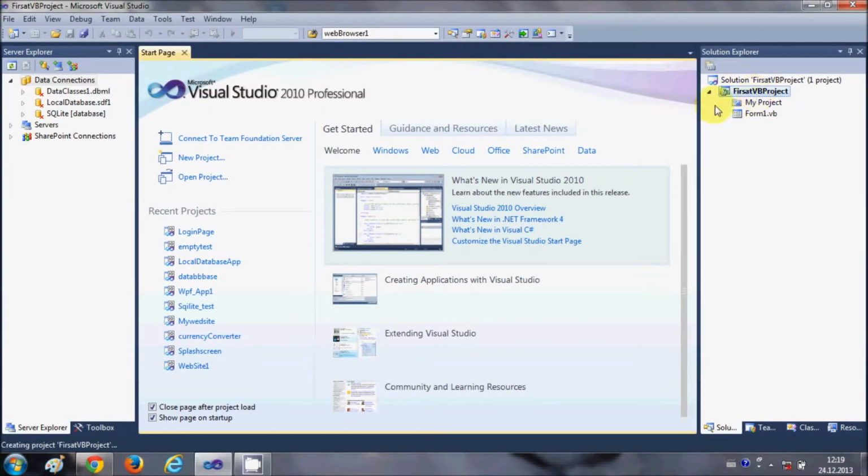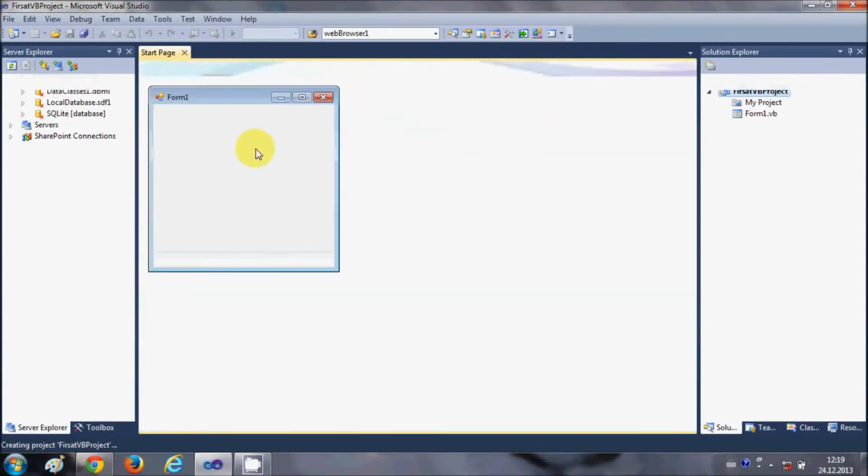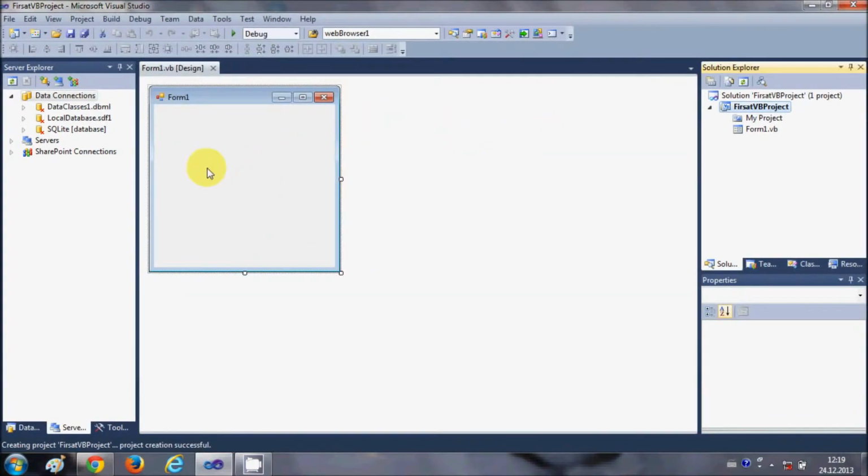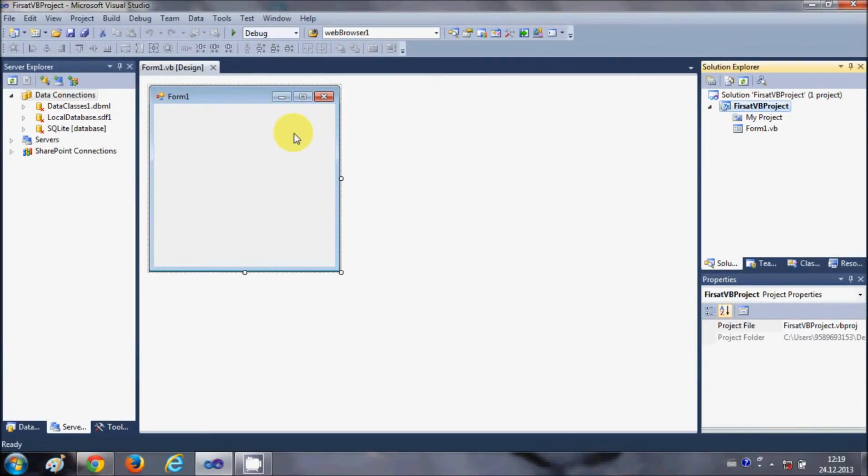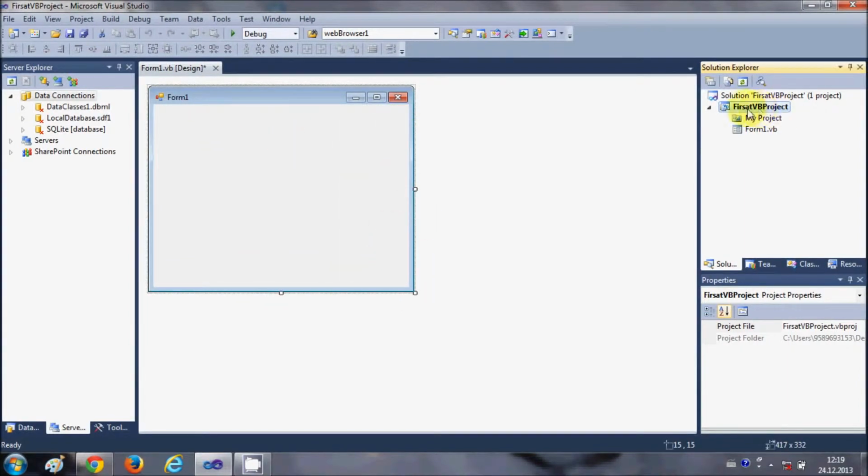Now in here you can see Solution Explorer, to see your project and solution, you have this form and you have the toolbox, which I will show you in a moment. So this is the project where it creates your files, and it will create your file in the Solution Explorer, and it created form1.vb.